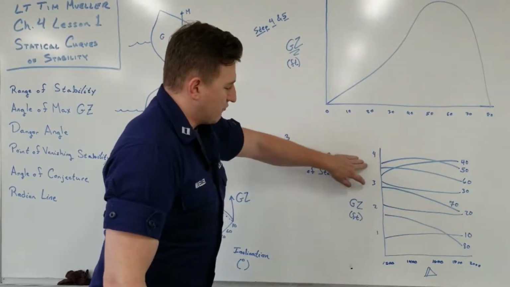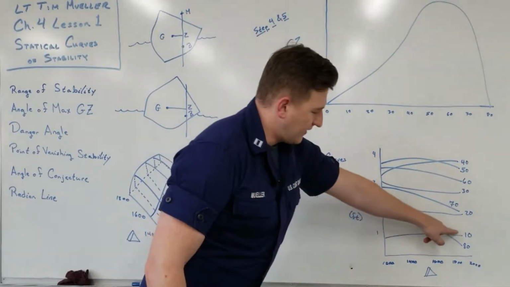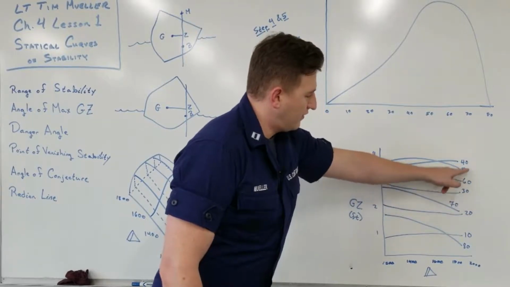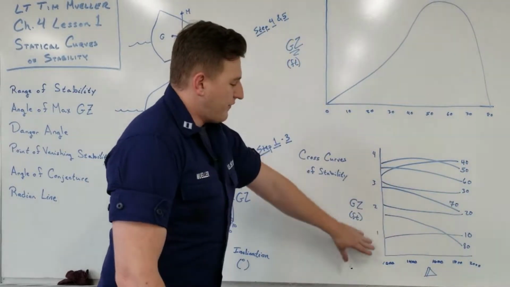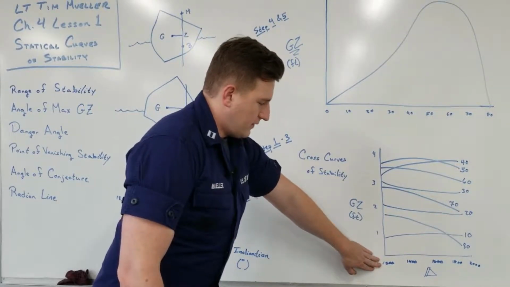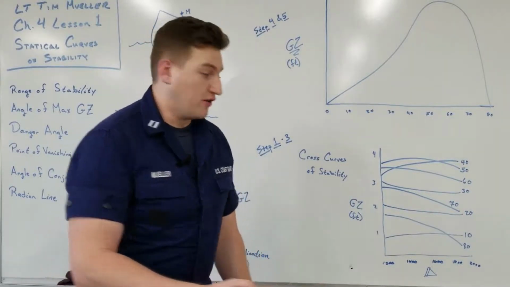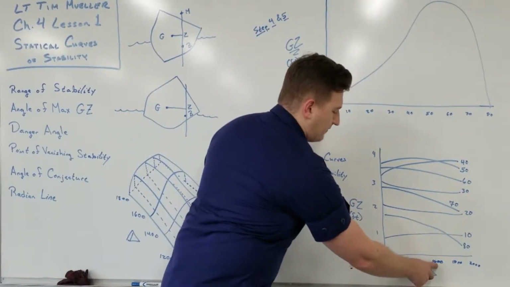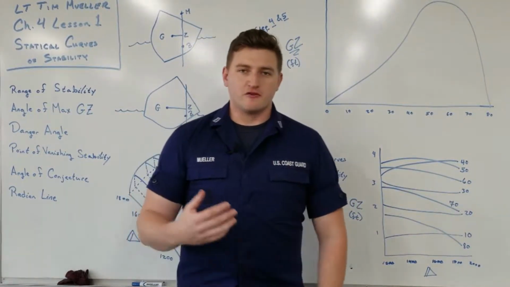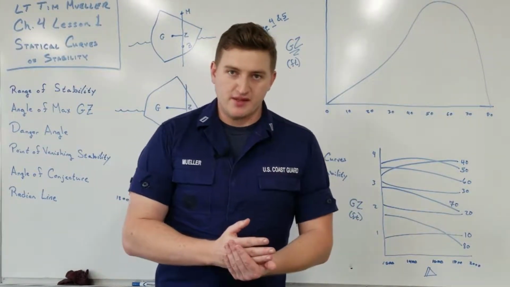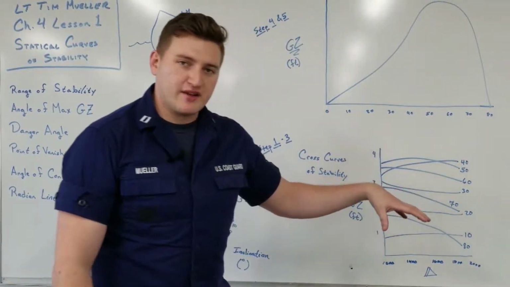That information is right here. So we see a line here. This is for 10. This here is for 20, 30, 40, 50, 60, 70, and 80 in this example. So all we have to do is find our displacement, and say we know our displacement is 1,600 long tons. Well, we got 1,600 right here. Then we just have to draw a line straight up, and that's going to give us the value of our righting arm at that displacement, 1,600,